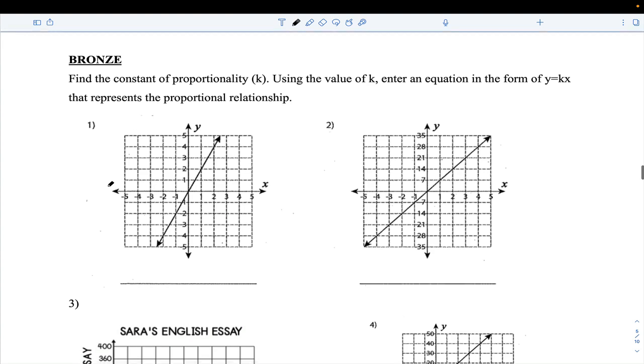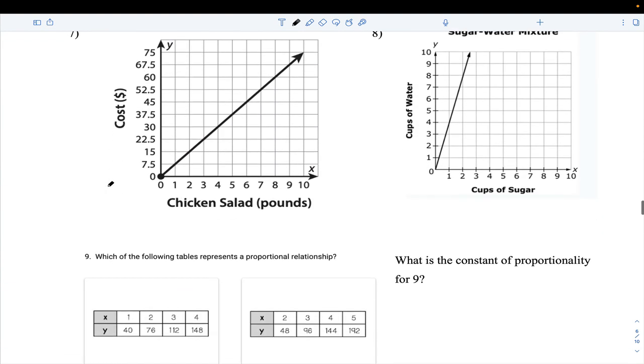Next page. You guys are going to cruise through 1 through